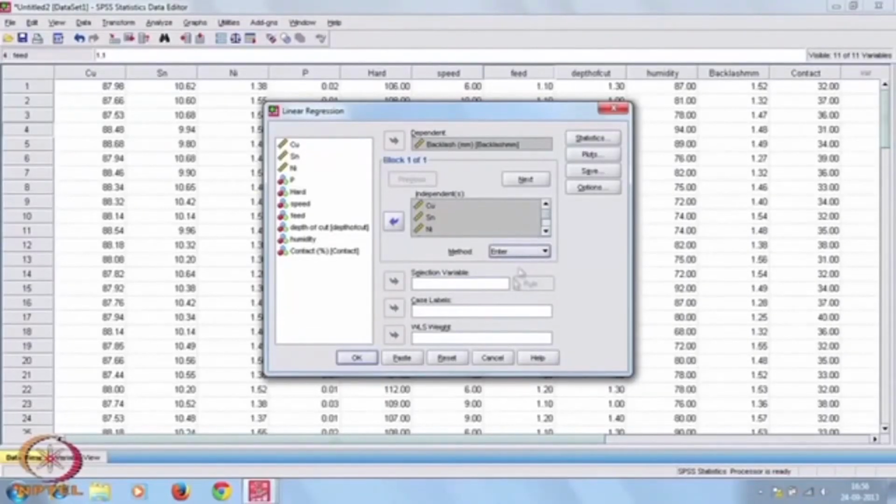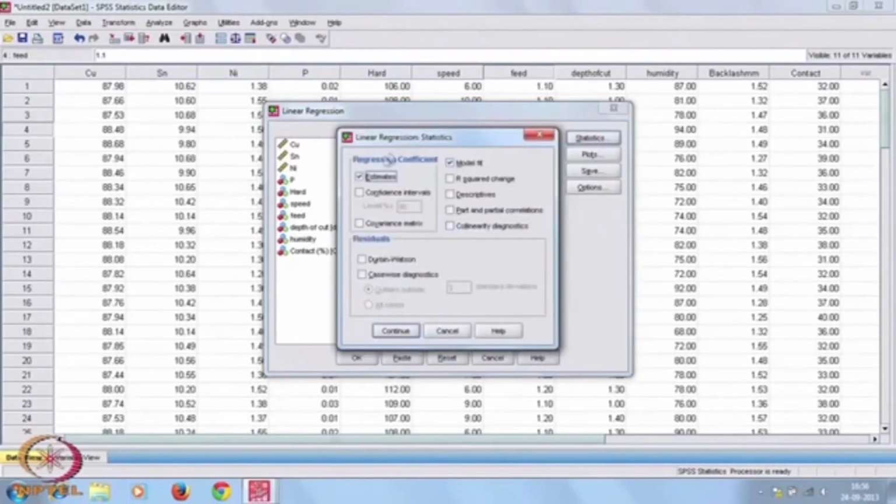Once you choose enter, that means you are considering all the independent variables simultaneously. Then you want to select some of the statistics. What are the things you want? Under regression coefficients, the residuals related things are given. You want the estimate, and you may be interested to know the confidence interval. Now, what is the confidence interval level? 95%, 90%. If you want 95%, fine. So, under regression coefficients, first you click on estimates. If you do not click on estimate, it will not be